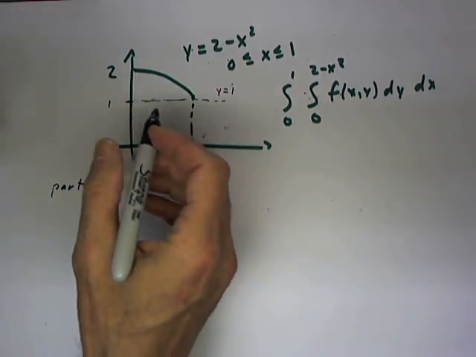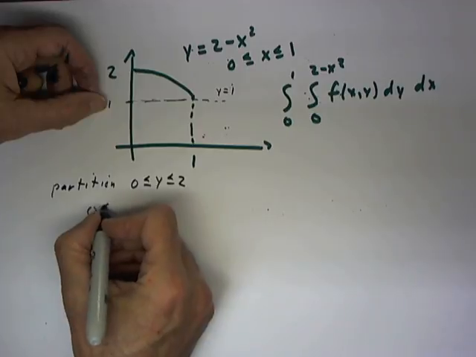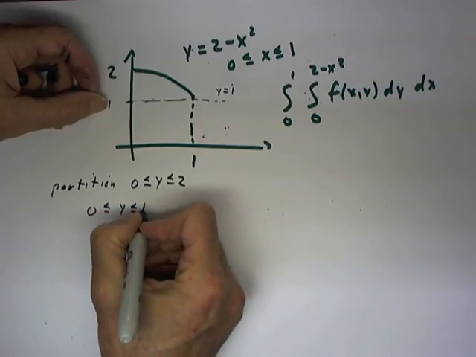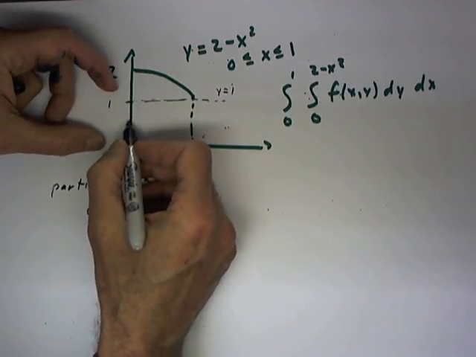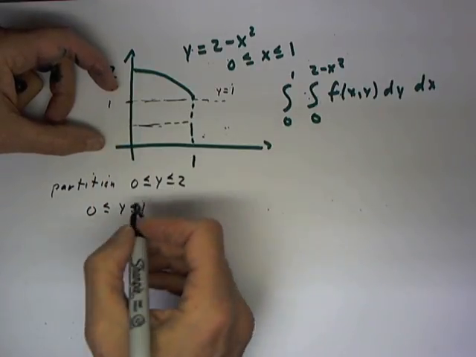We're going to have a different situation between 0 and 1, where x is going to run from 0 to 1,